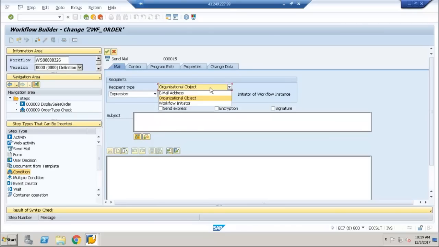Some cases if you want to send to external email address, that also we can do. Okay, but now in our case I want to send to the normal SAP user. Or if you select workflow initiator also it will generate the same, because here the expression is initiator. Okay, subject you can give